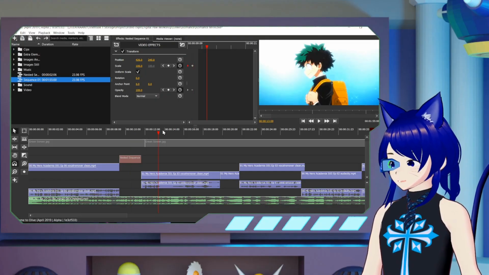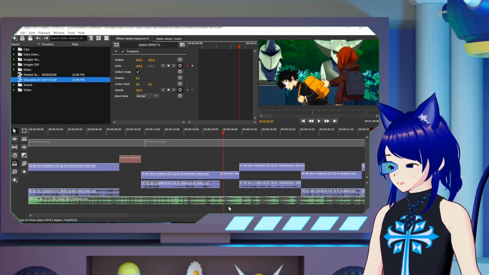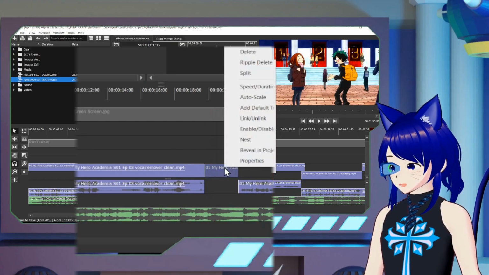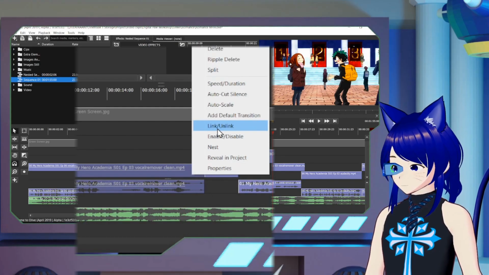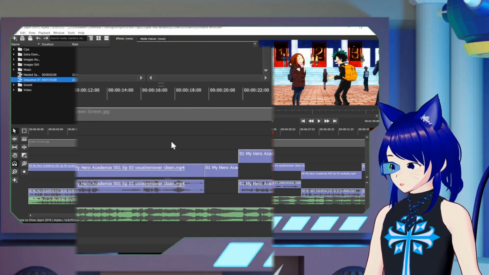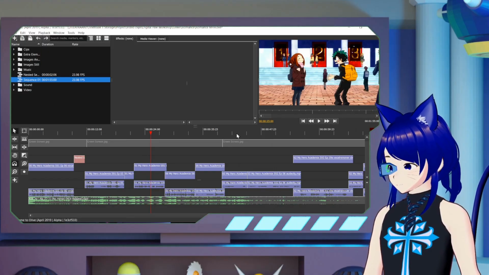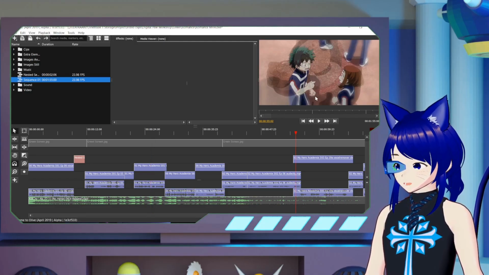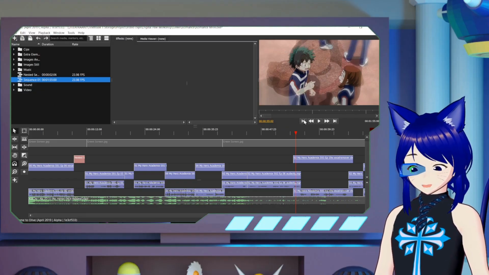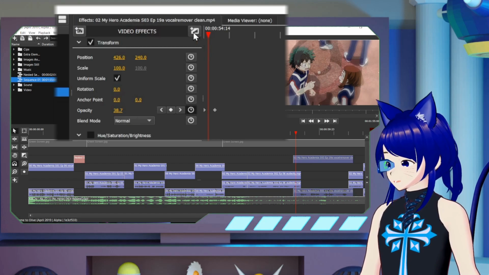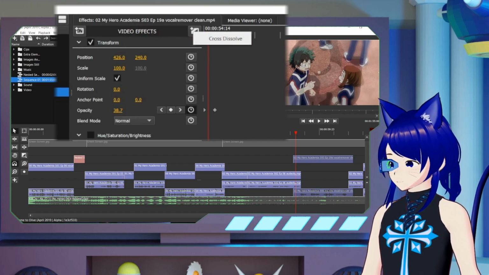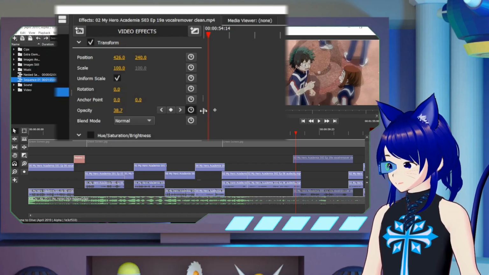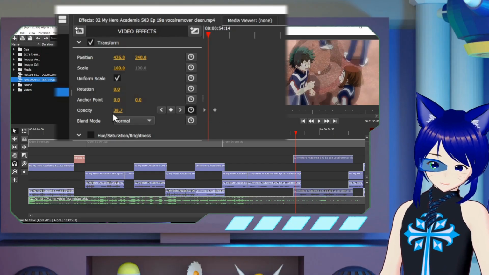Let's see, is there anything else I did? Yeah, you can see I took out some audio in some areas. You do that by just clicking on the track and hitting link/unlink, which will separate the video from the audio. Oh yeah, there were a few of these areas, like right here, where I did a transition. Sometimes the actual transition tool or the cross dissolve tool works okay, but for some reason I didn't really feel it. So what I did is I set keyframes up, and I just changed the opacity. There's two ways you can kind of